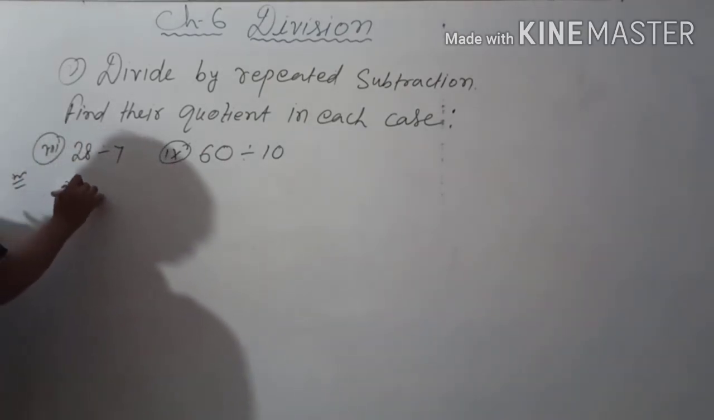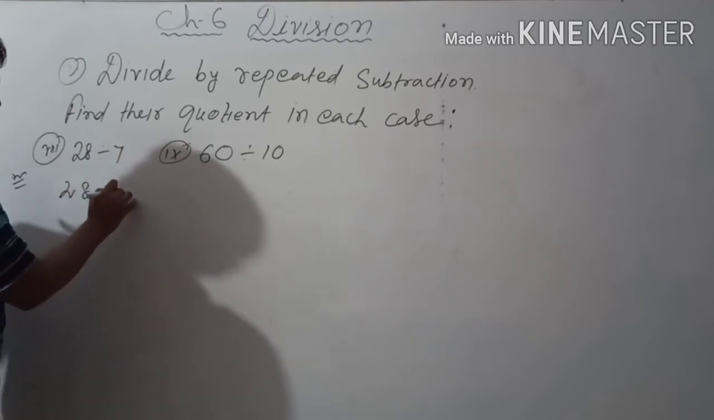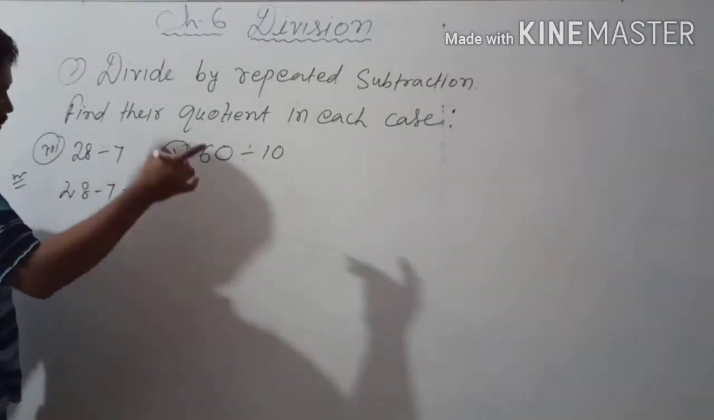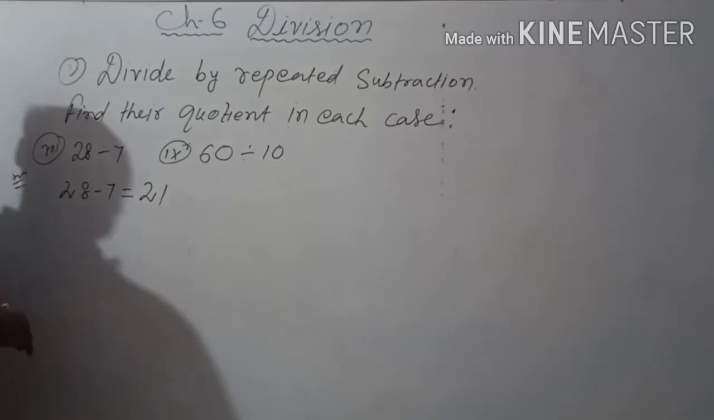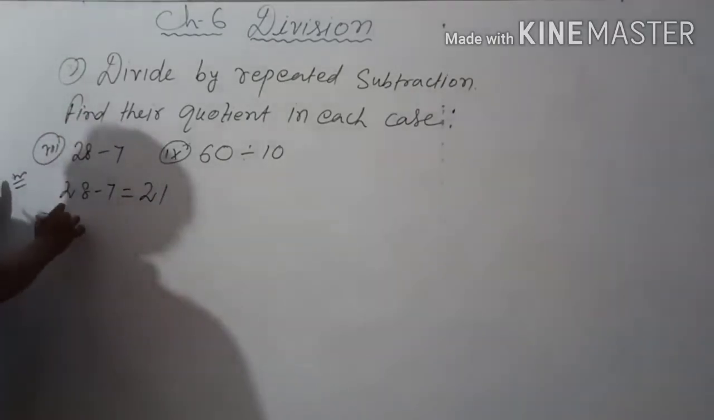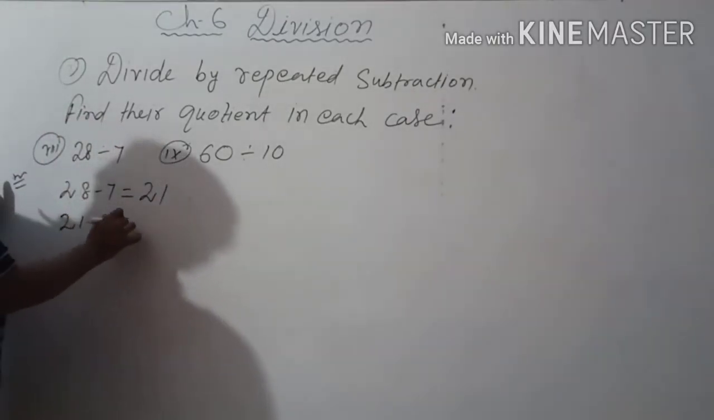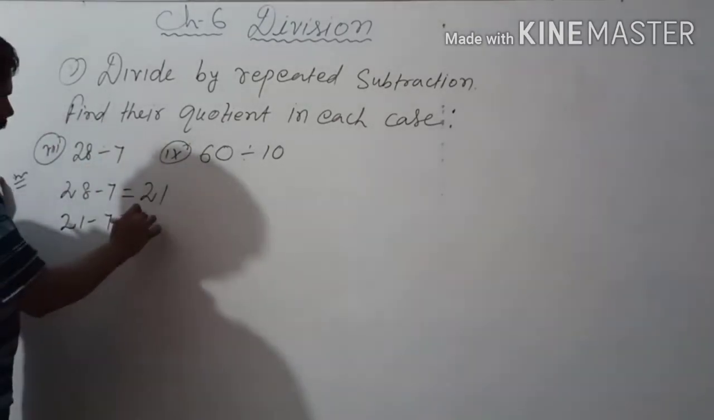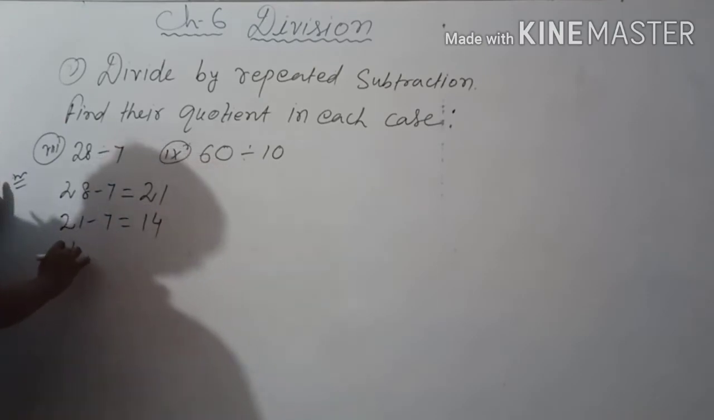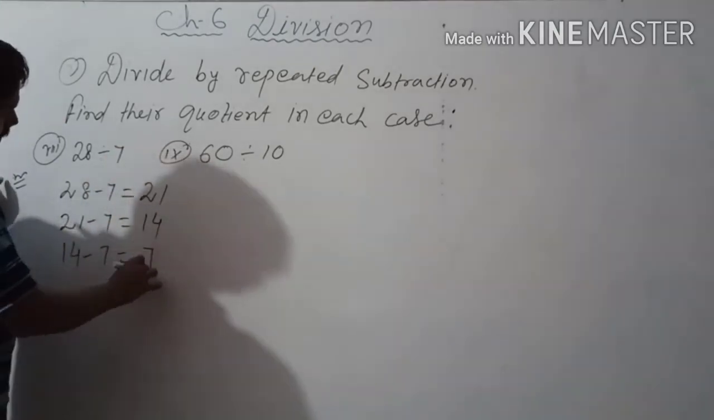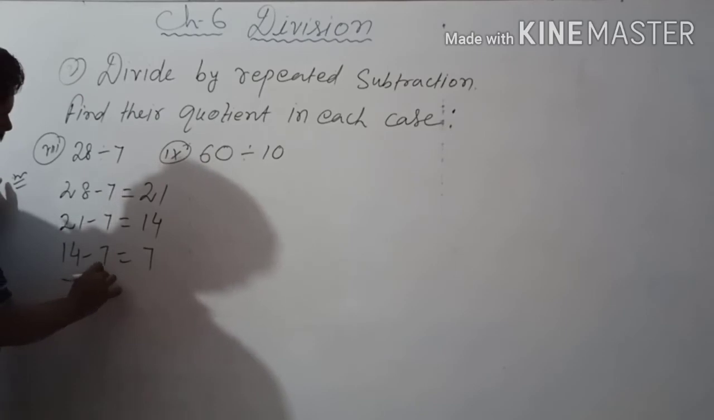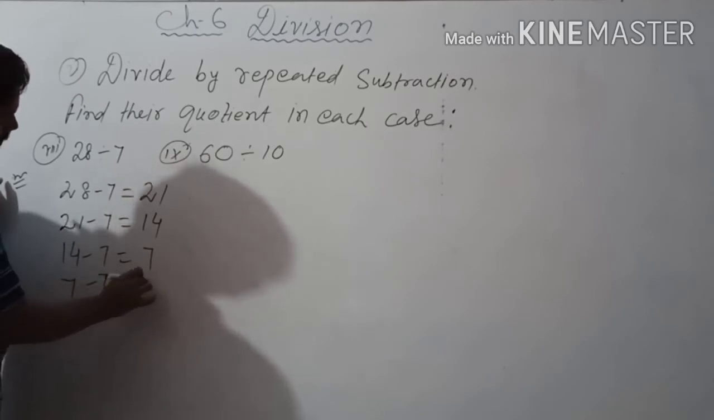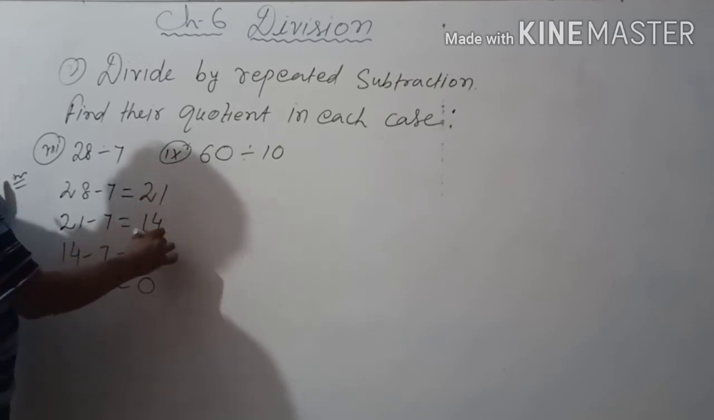So 28 minus 7 is equal to 21. The same thing which we have done now only. Okay. So then again 21 minus 7 means 1 6, so 14, right? 14. So 14 minus 7 is 7, then 7 minus 7 is 0. So how many times? 1 2 3 4. So here